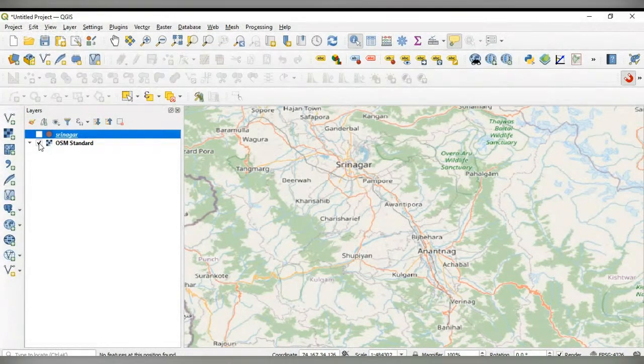So we can digitize points for locations of villages or health centers or your offices, all those things. And lines for drainage and rivers, road network, railway network.